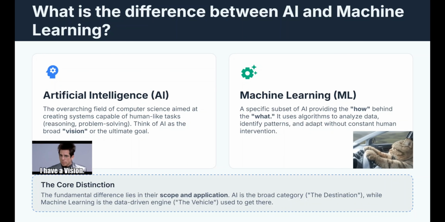Instead of relying on manual, hard coded rules for every scenario, machine learning uses algorithms to analyze massive amounts of data, identify patterns, and make predictions. It is essentially the process of teaching a computer how to improve its own performance through experience, which allows it to learn and adapt without constant